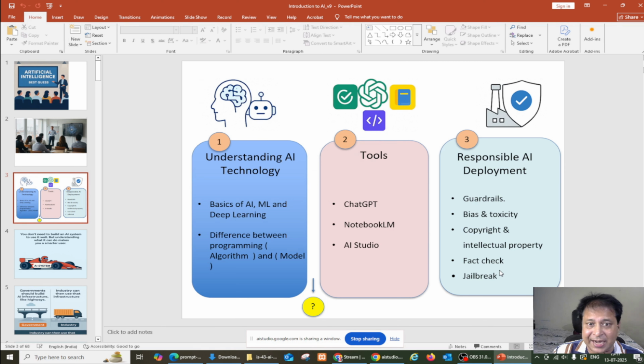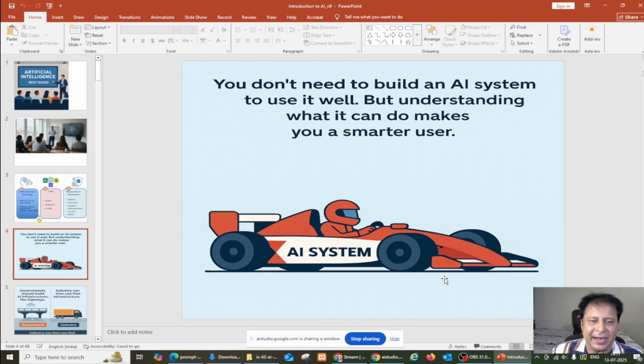First one, we'll understand the AI, what the language model is, what is the difference between an algorithm and a model, and in the second part we'll learn more about the tools, and in the third part we'll see the responsible AI deployment, guardrails, bias, and all those things we'll discuss. And let's first understand whether you have to entirely understand the AI, how it works in the background, to understand it better. Sorry, it's like a Formula One car where we